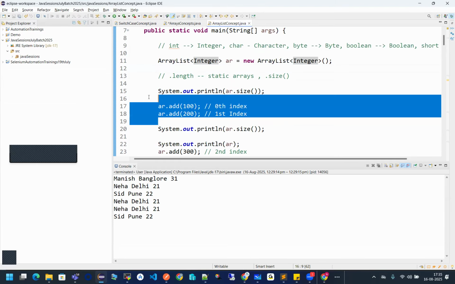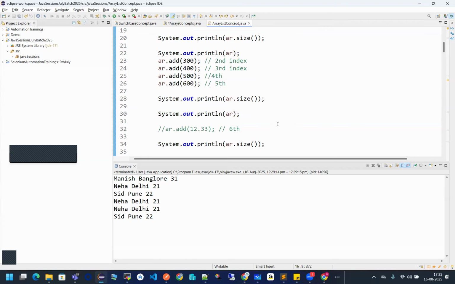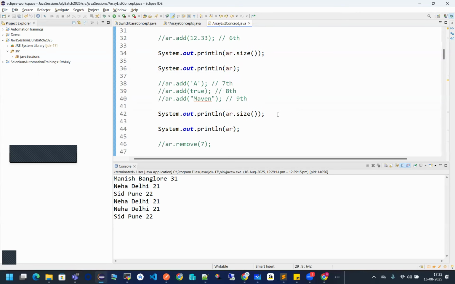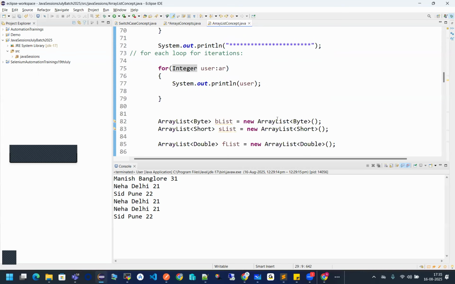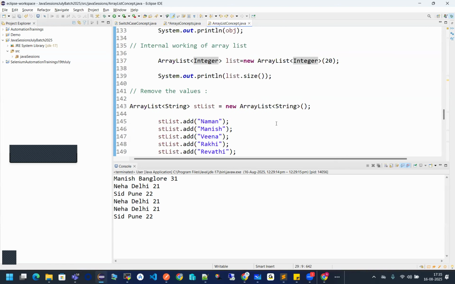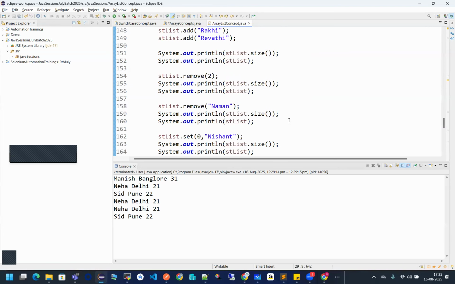One was your add method for adding an element. Then was your remove method for removing an element. Then removeAll method for removing everything from an array. Then we have a set method for replacing an element in an array list. Fine. And we discussed one more very important concept, that was memory utilization, how it is being done in